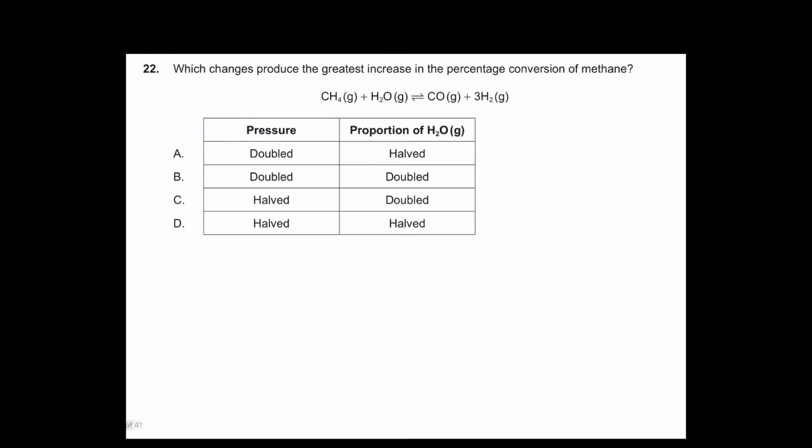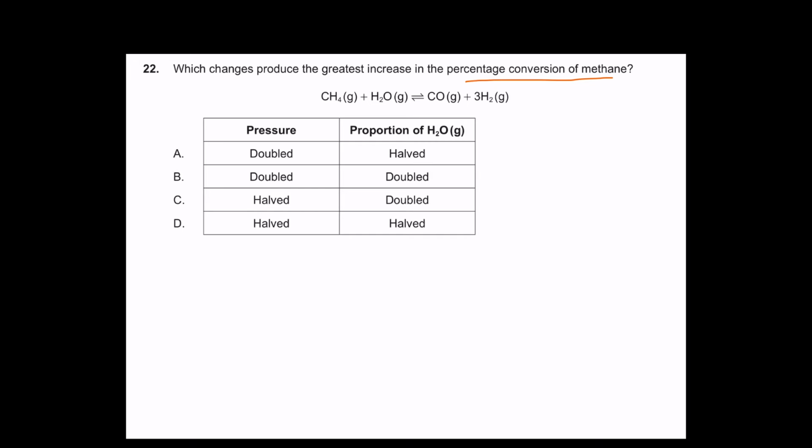Which changes produce the greatest increase in the percentage conversion of methane? Percentage conversion of methane means we want the forward direction to be favored. We want more of CO and H2 to be formed. We want CH4 to be converted, more and more converted. Okay. Now for pressure, from Le Chatelier's principle, we know that if we increase the pressure, the reaction shifts to the